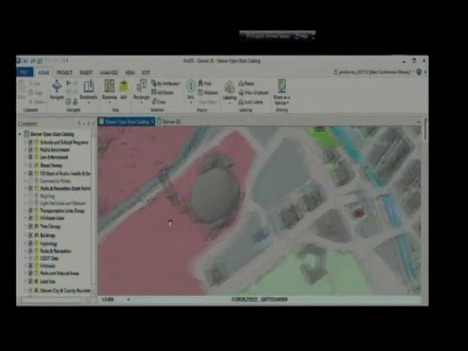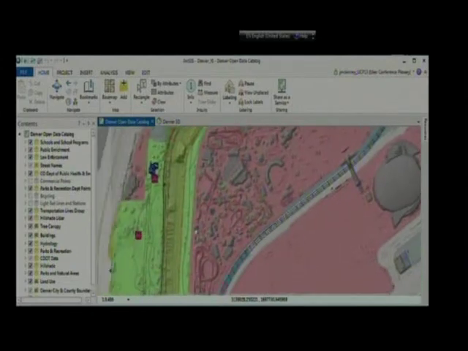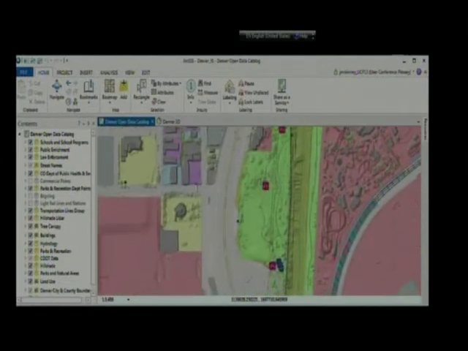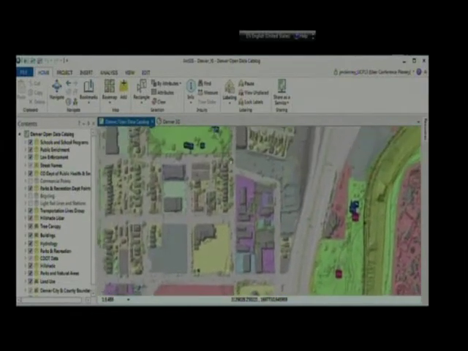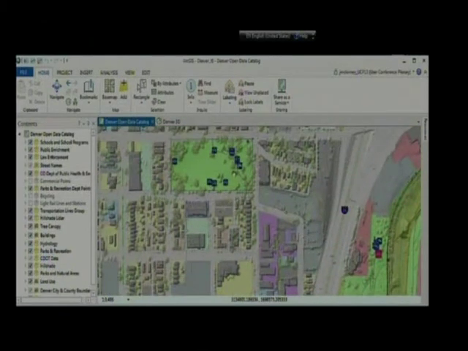This is a beautiful map with data provided by the city and county of Denver. Zoom in here. You can see nice, smooth, fluid panning capability in the application. This is a very large data set. Very nice. It is a ribbon-based application, and it has tabs. This is the home tab where I navigate and work with my bookmarks, identify features.